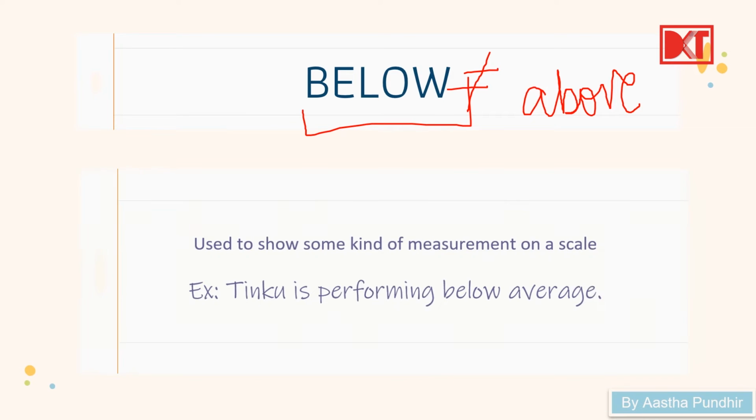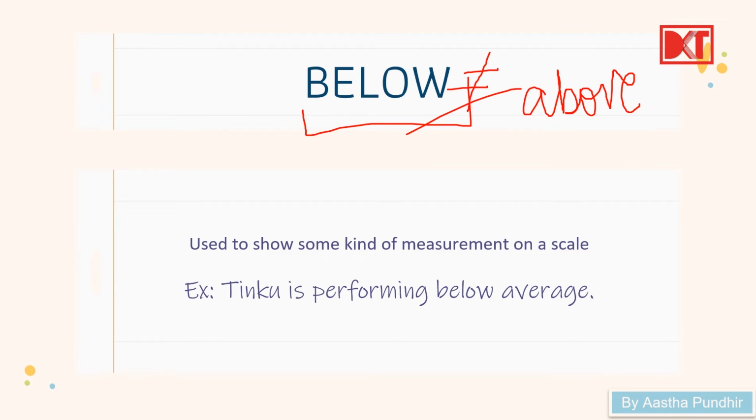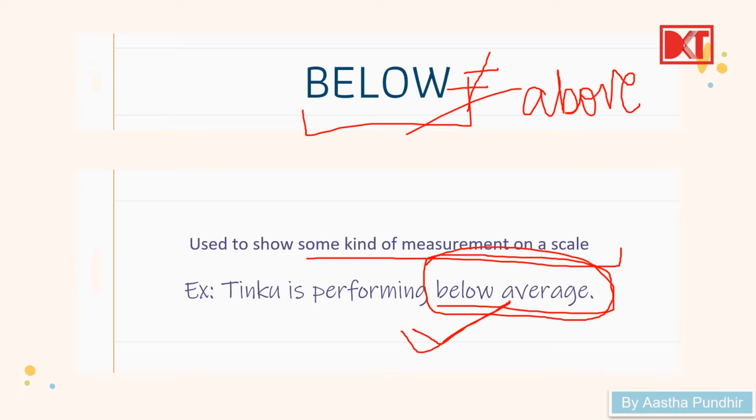So the next preposition is below. It is the antonym of above. So above जहाँ use हो रहा था उसके opposite use होगा below. It is used to show some kind of measurement on a scale. जैसे Tinku is performing below average. हमने पहले किया था above average, जब prices हैं above average चल रहे हैं, पर अब below average, जब average से कम है prices या कम है यहाँ पे क्या